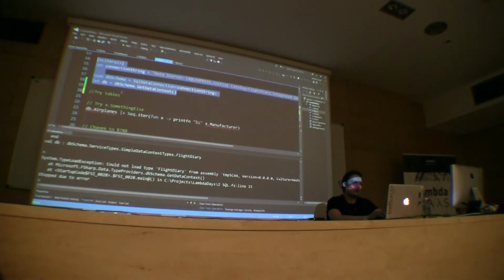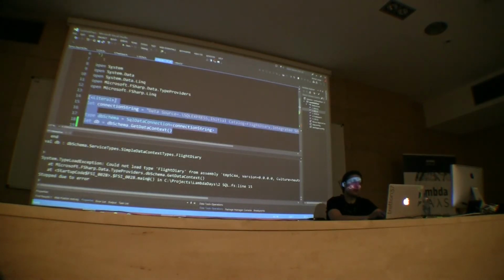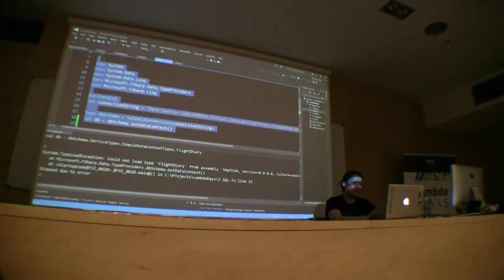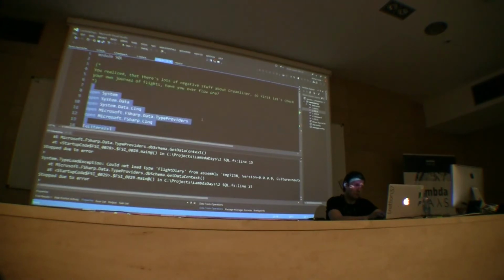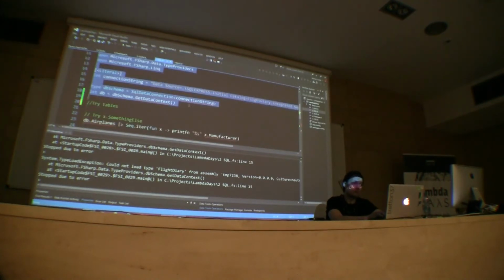It worked in the interactive, but not from. Huh? I don't know what's happening. Stop the error. It's not working. Do you have SQL Express up and running? I don't need to have it running, I think.